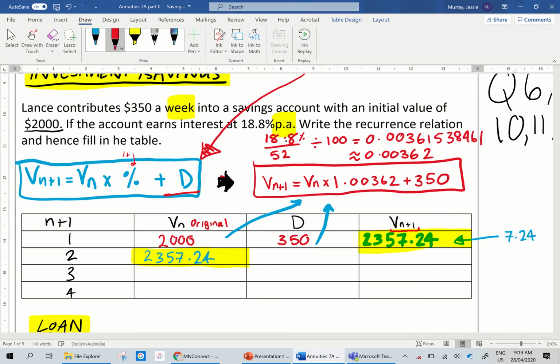The down payment is going to be always $350, so you can assume $350 all the way through. And now we're going to plug our new two values up into the recurrence relation. So this time, I just leave that number up on my calculator from the answer before. So then I can just put times 1.00362 and plus the 350. So at the end of the second week, Lance has